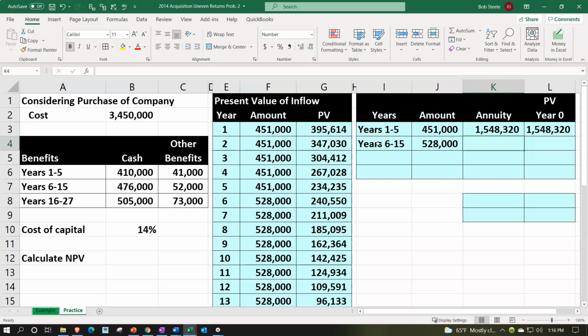That's where the twist is, that we got to bring then the annuity amount that would now be a present value of 1 back 5 more years, back to period 0. So that's where the twist lies. So we're going to say this is going to be present value, shift 9, rate is going to be that 14% again, and comma, number of periods is now going to be 10 periods, because it's an annuity, that 10, 6 to 15, comma, payment is going to be that 528 we're expecting to get for 10 years, but starting